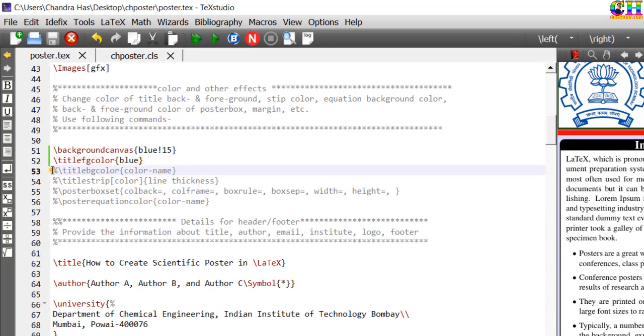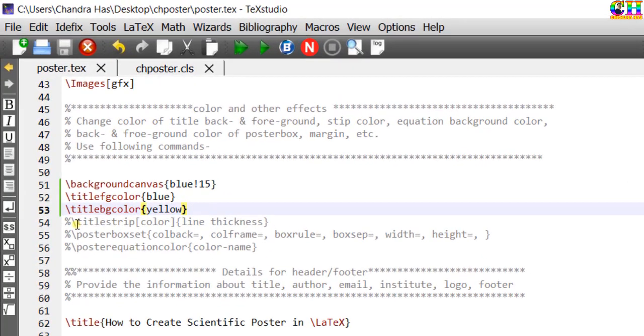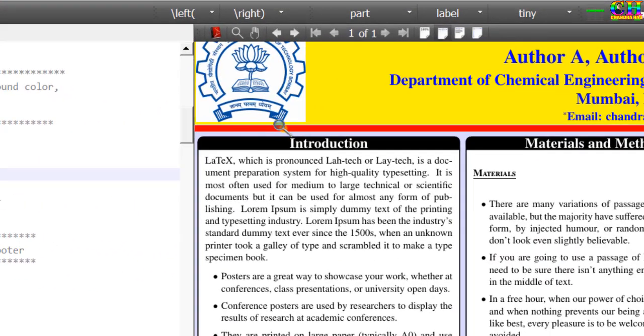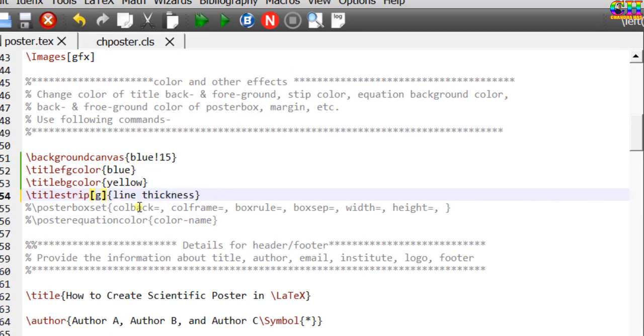By using title bg color, we can change the background color of header. We can modify red strip as well using a title strip command, color name, and line thickness.